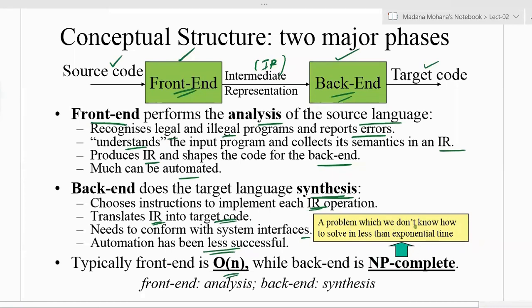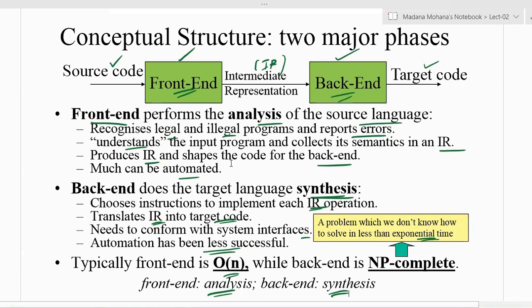A problem which we don't know how to solve in less than exponential time is said to be NP complete. Finally, the front end does the analysis part and the back end does the synthesis part. The analysis part consists of the first four phases, and the synthesis part consists of the last two phases.